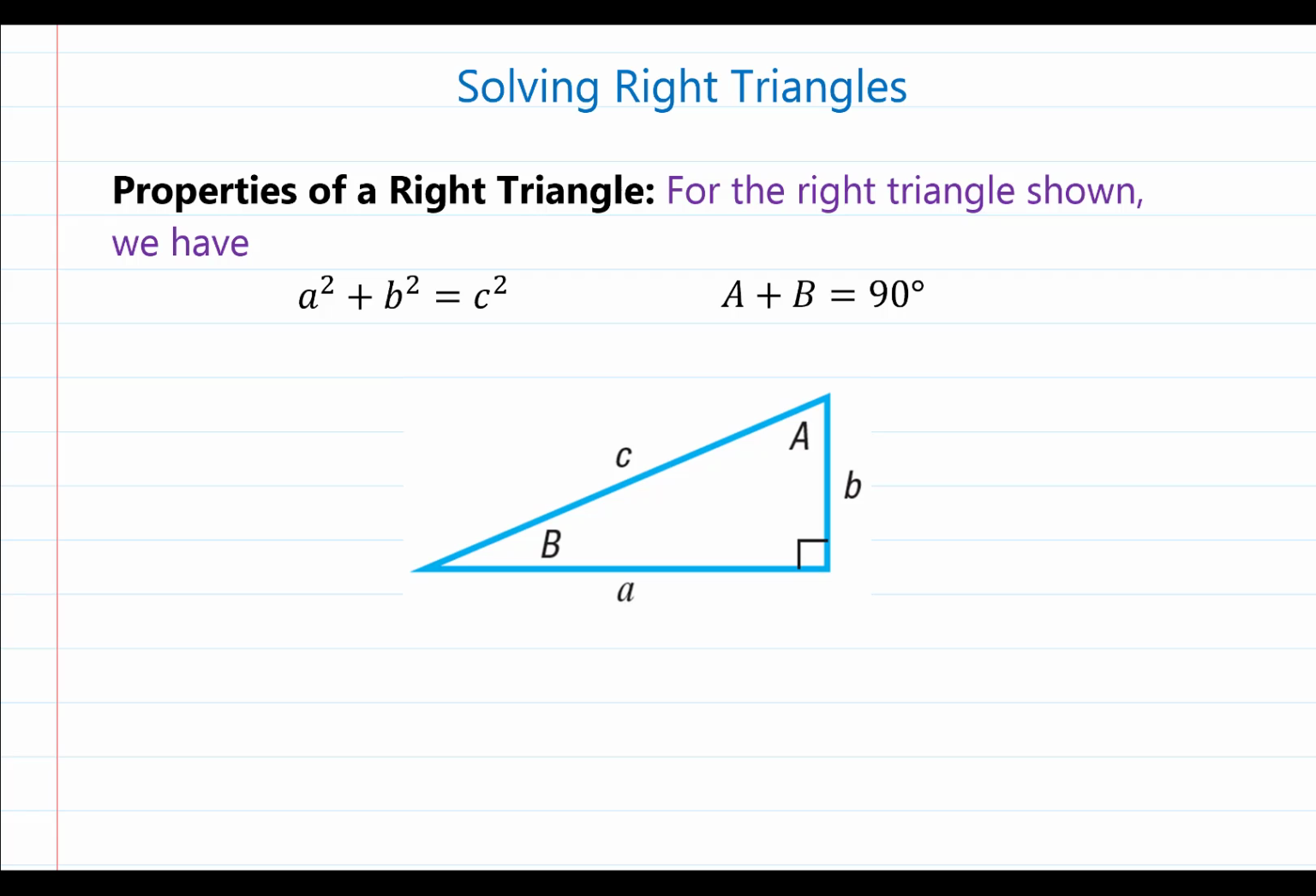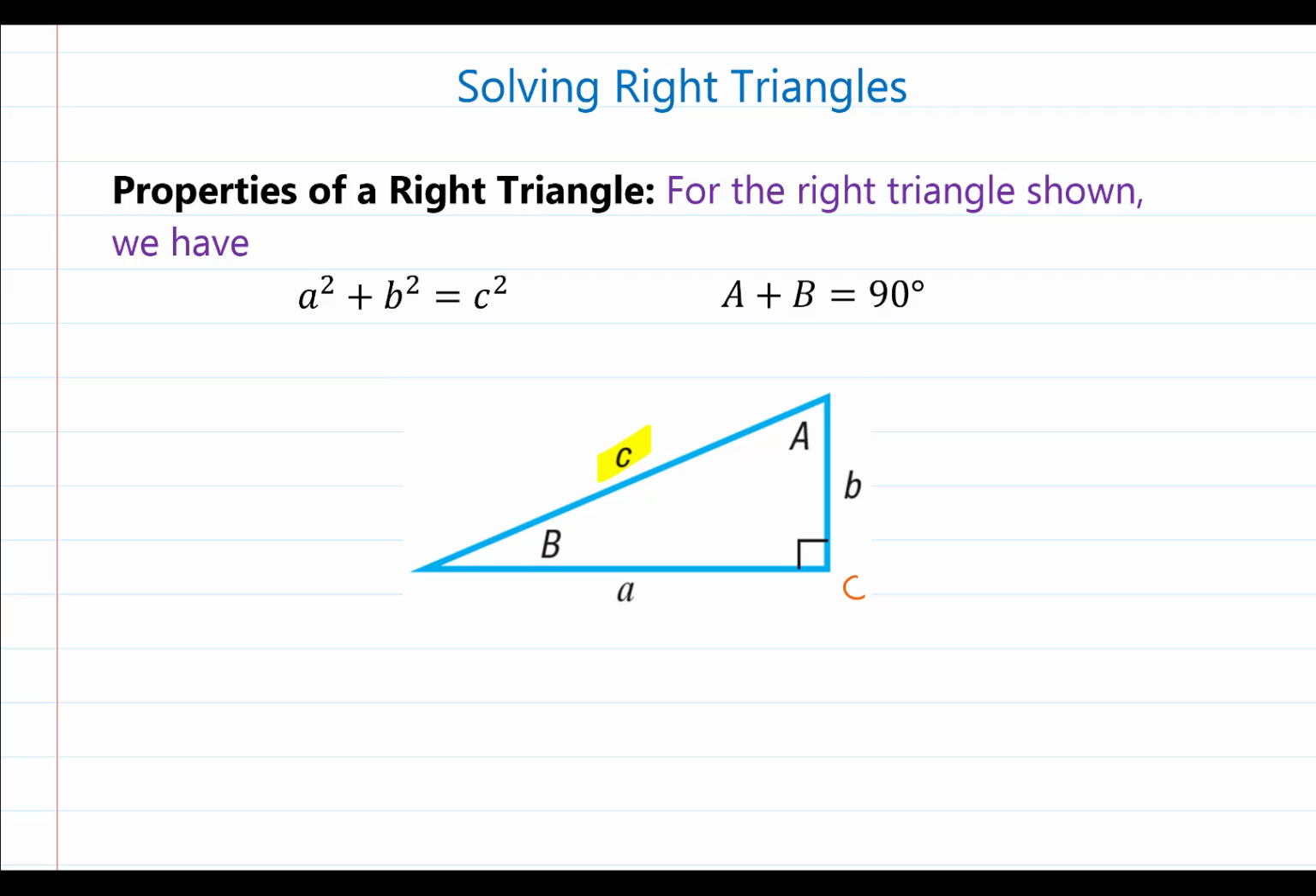Now, in order to solve a triangle, it means that we are going to find the values of any unknown sides or unknown angles. And for a right triangle, we know that we have one angle which is 90 degrees, which we typically label as angle C. That means that the side that is opposite angle C will be side C, and that is the hypotenuse of